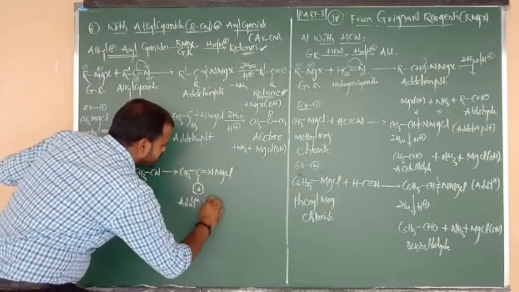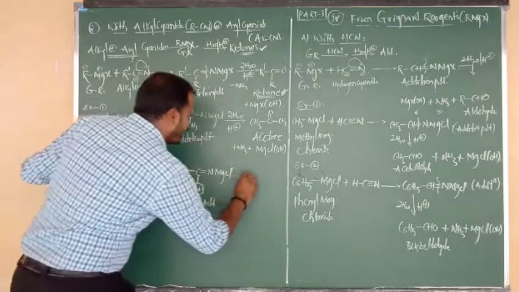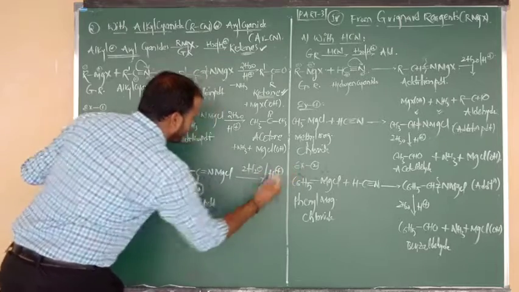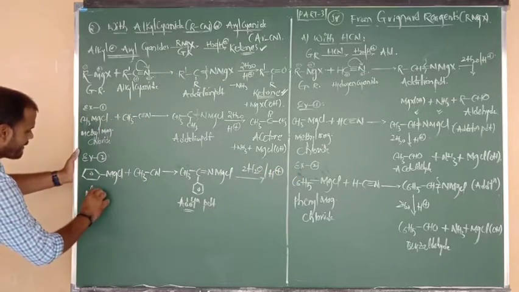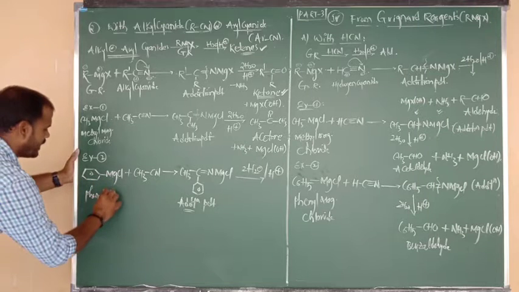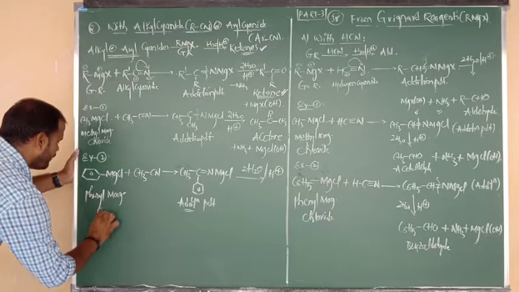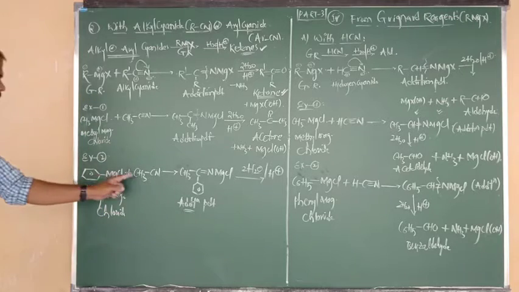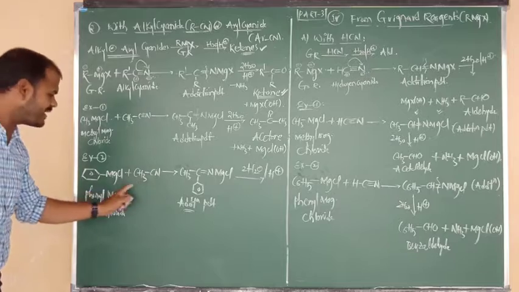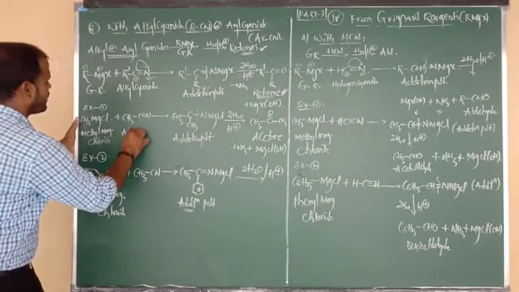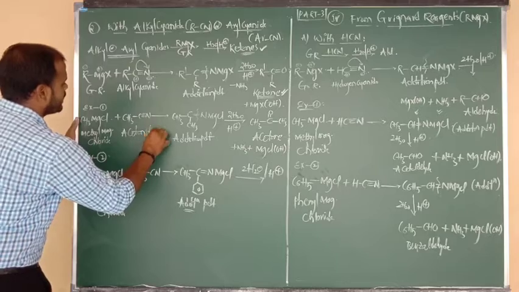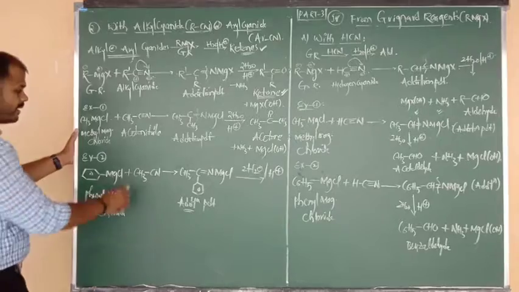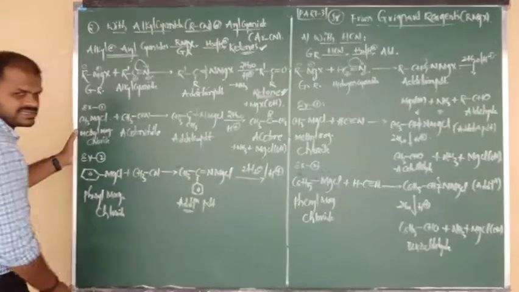Yes, it is also nothing but the addition product. Such addition product undergoes hydrolysis. In which medium? Acidic medium. So what is the name of this first reactant? Phenyl magnesium chloride. Phenyl magnesium chloride upon reaction with acetonitrile, or we can say methyl cyanide. Here also, what is the name of this compound? Acetonitrile, otherwise phenyl methyl cyanide. Here also acetonitrile or methyl cyanide. One side CH3 is there, one more side benzene is there.